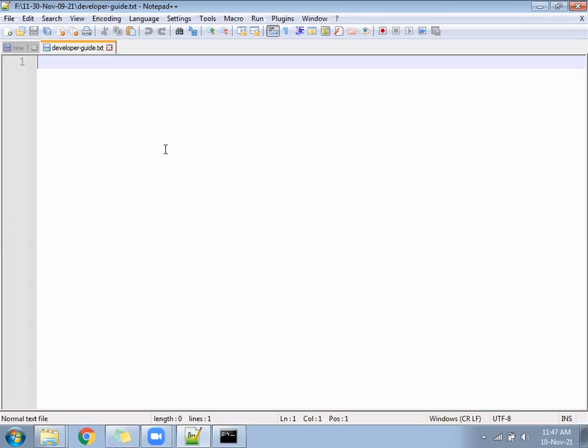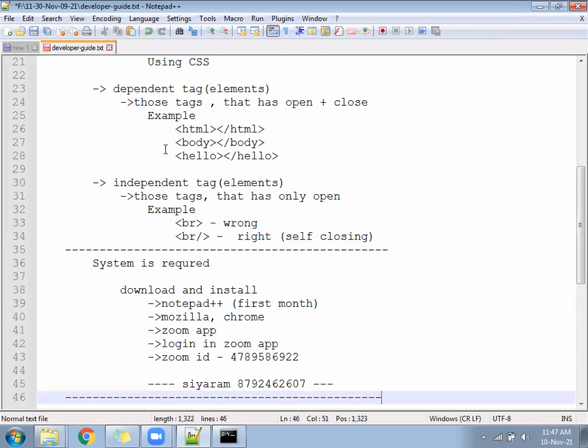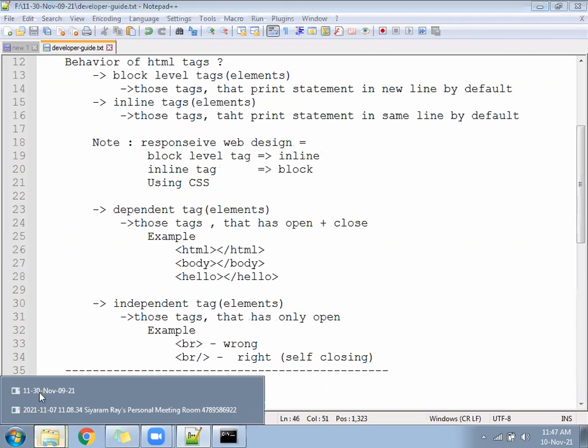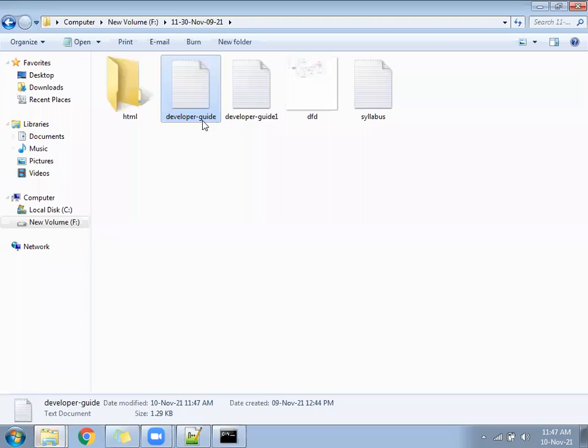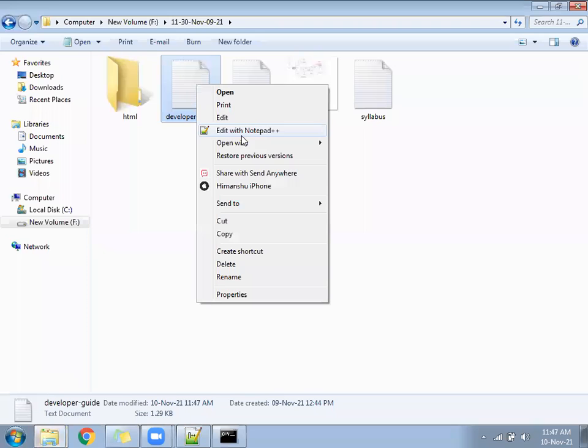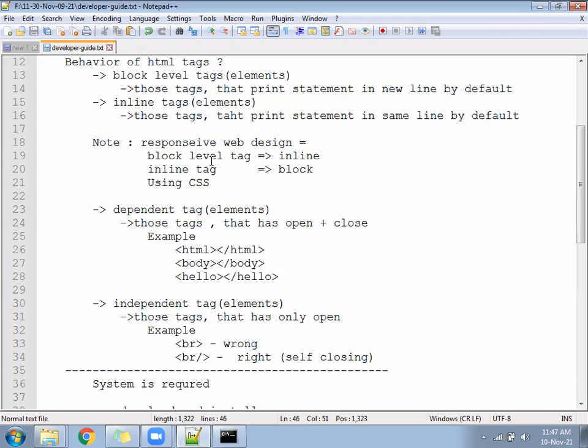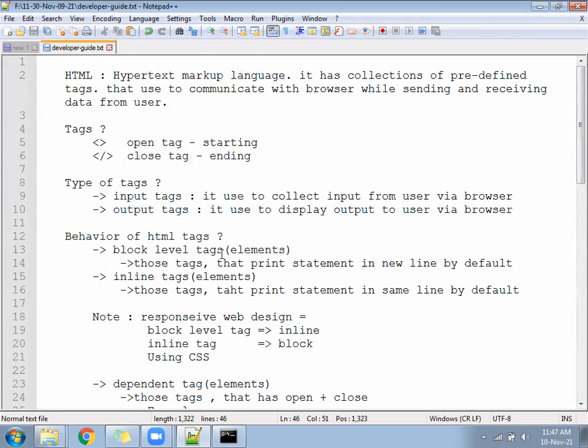In this file, you are going to create all the notes. Whichever documentation, question, answer we are going to write, all will keep adding in this file. Question, syntax, example, answer, everything. The previous code we have written yesterday, some discussion that I have added in this file. So the simple step was to create a text file, give it the name developer guide, right click, open with Notepad++, and in that if you have some code you can add or let it be empty. We will start from here.